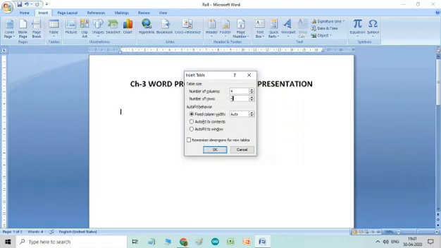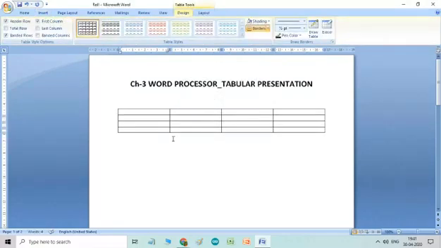So I can type 4 rows and say OK. This way you can see we have 4 columns, 1, 2, 3 and 4, and 4 rows. So this way you will get the table on your blank page document.